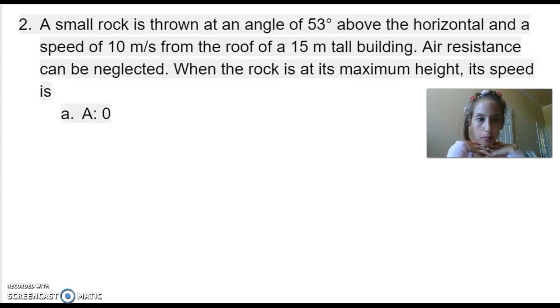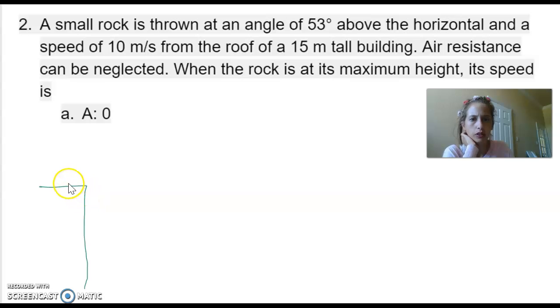Okay, number 2. This one was sneakily a concepts question and not a math question. So we've got a rock, we throw it in the air. When it's at its maximum height, we're wondering what the speed is. Okay, at maximum height, that means, so we were here